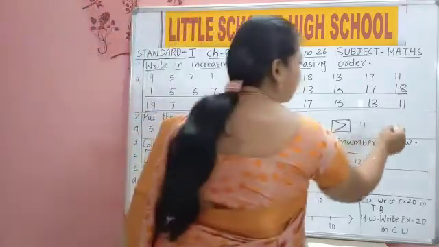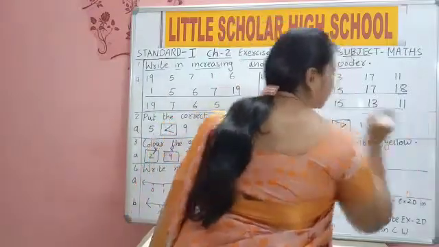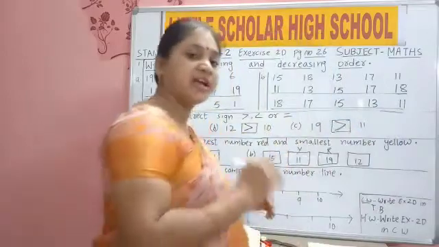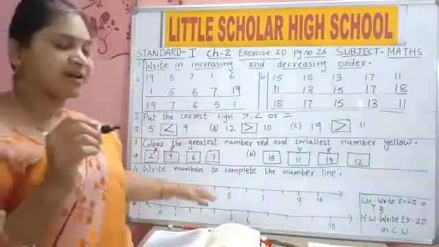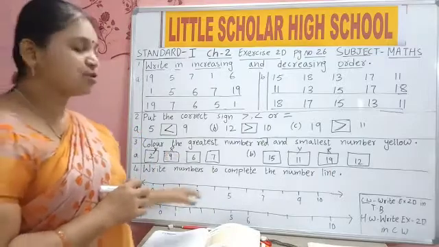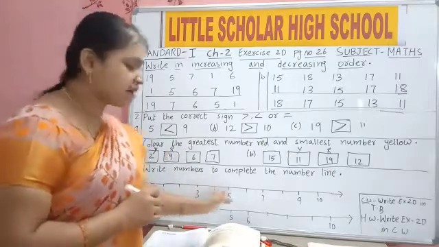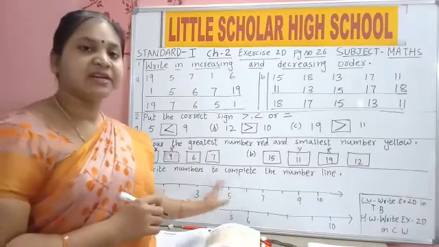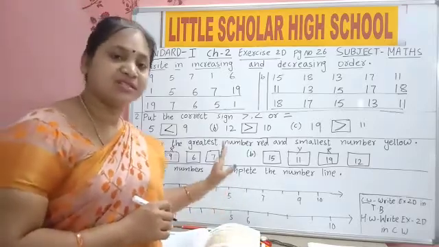Suppose this is your single rule book. Don't draw the line like this in between. Draw the line on the line and write the numbers below. Here, this is known as a number line. Line on the line, numbers are marked.